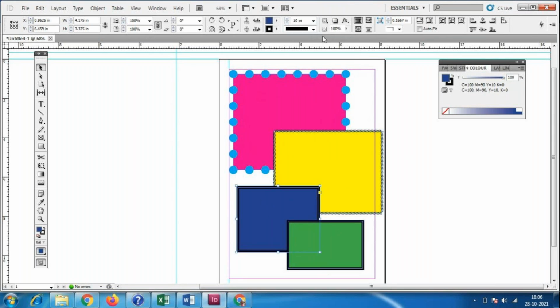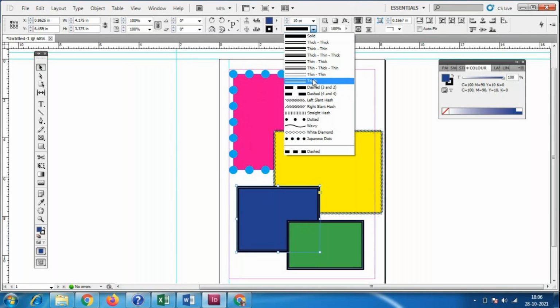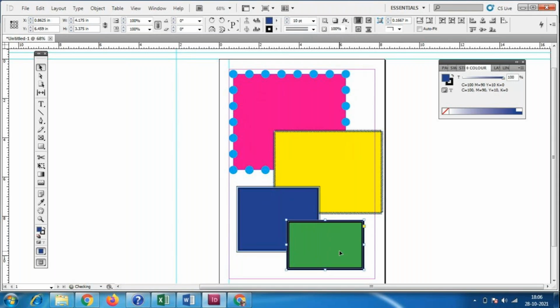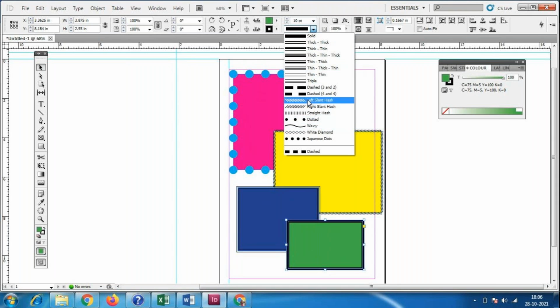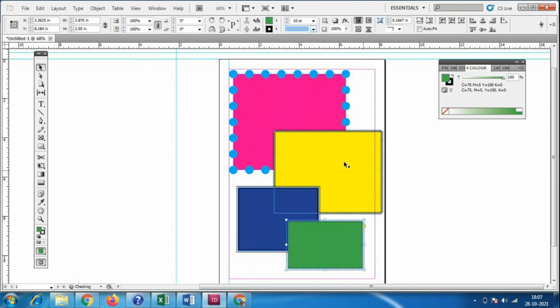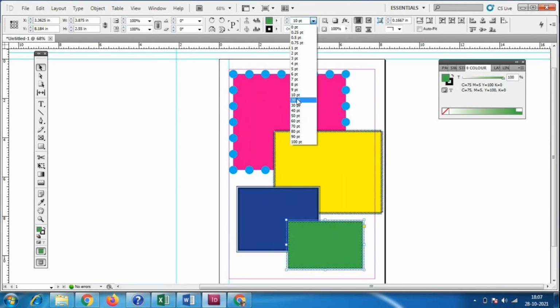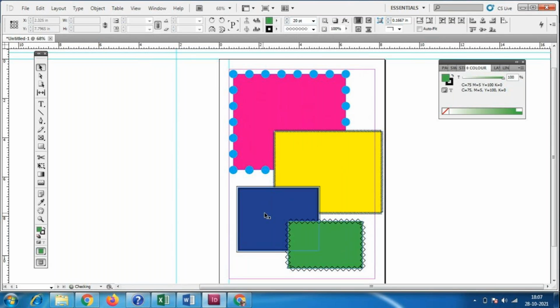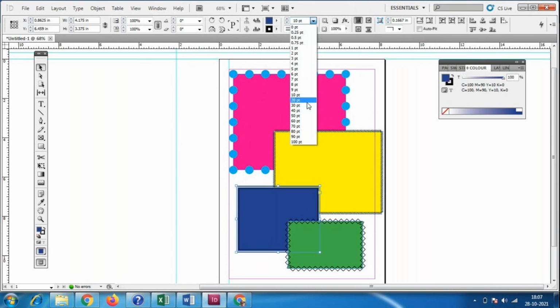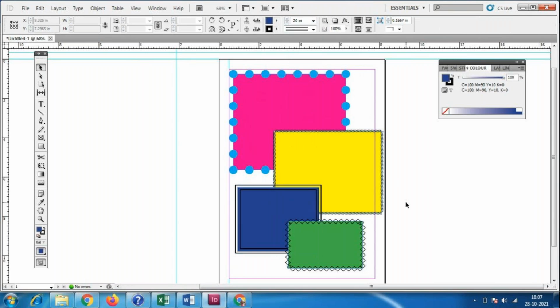So in InDesign we don't have any fancy borders and fancy designs. We have only this much in InDesign. InDesign is not a huge software. Mainly we use InDesign for book designs and newspaper designs.